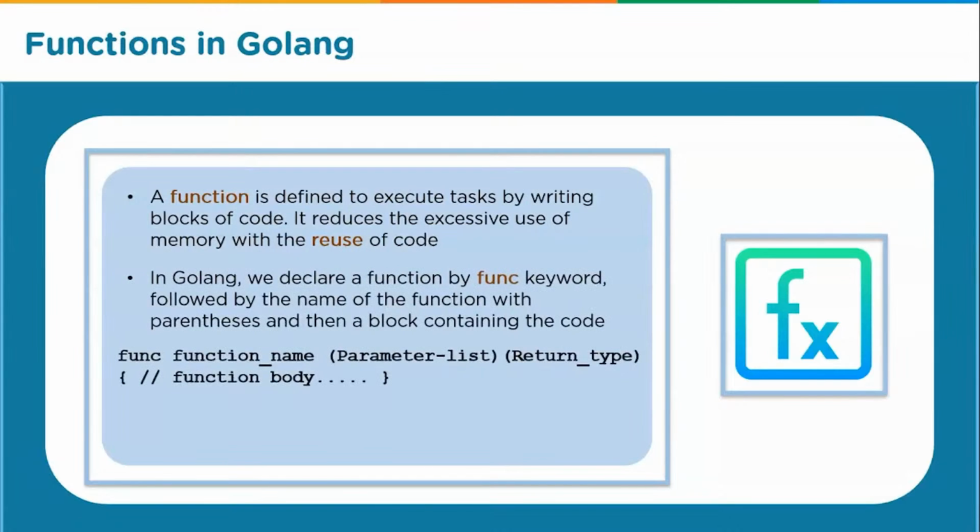Now we'll see the syntax of the function. First, we'll write the func keyword, then we'll write the function name and the parameters for the function. After that, we'll write the return type, and in curly braces, we'll write the function body. Golang also contains a special feature, that is anonymous function. We will see a simple example of multiplication function that would be defined by us, and it would get two arguments in that. For that, we'll move to VS Code